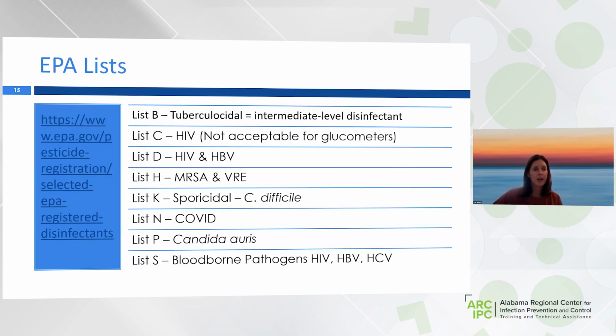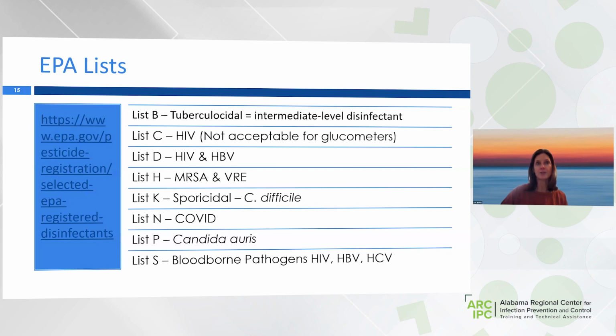All right, so this is the list where we can go and look up the different products. I will tell you that there has been an update to this list. We used to have list E, and that has been removed and replaced with list S. I am very happy with this change because what list E had on it was very confusing with list B. I'm glad that it's all been clarified with list S. So now that we've run through the alphabet, we will carry on. But nonetheless, you have the link there.